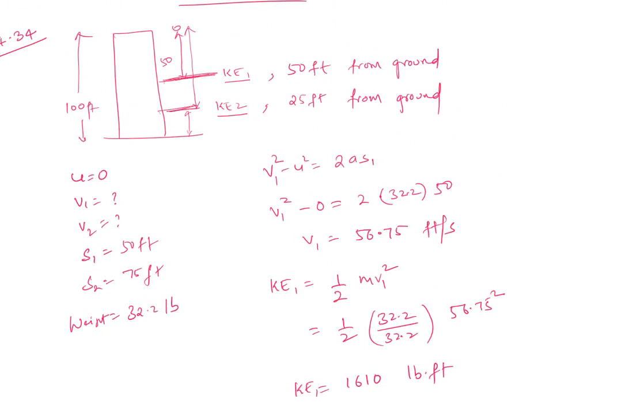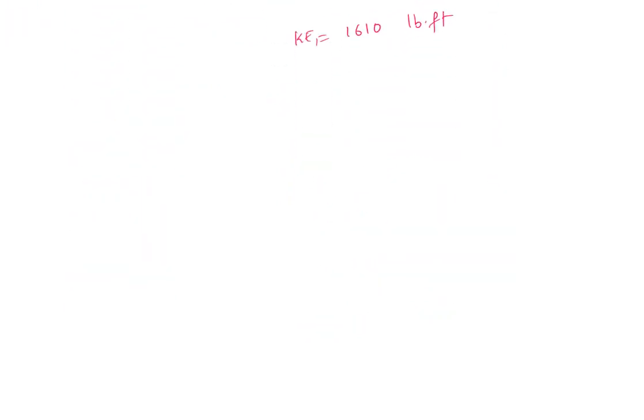Okay, so at this stage, that is the kinetic energy of the ball. Let's look at the KE2 here. It's the same process. v square minus u square is 2as. Here we'll say v2 square minus 0 is 2 times 32.2 times s2, which is 75 feet. So v2 is equal to